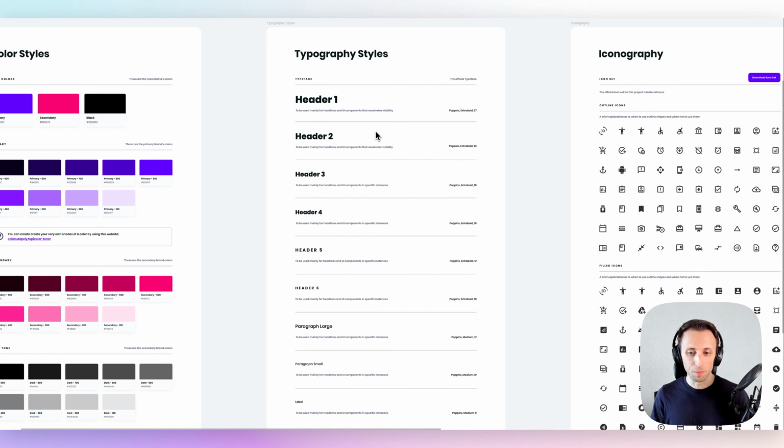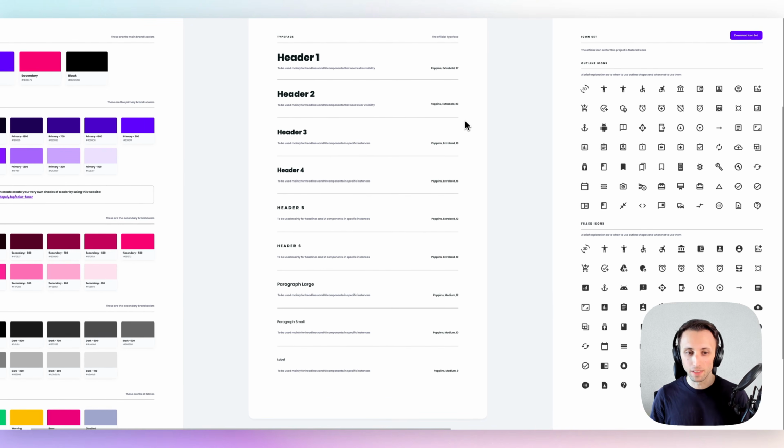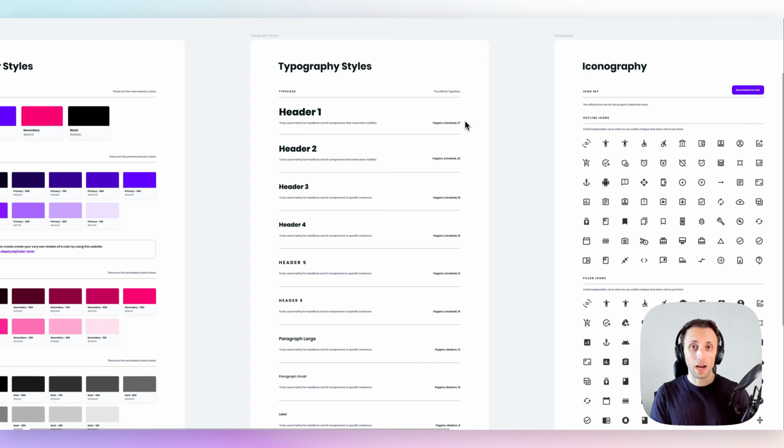So that's going to be important. But if you're working on a web app, things might change. So you might have a typography style system which is going to be slightly different than the one that you would be used for websites. And if you have a website and a web app, you might want to consider having two separate style sheets,